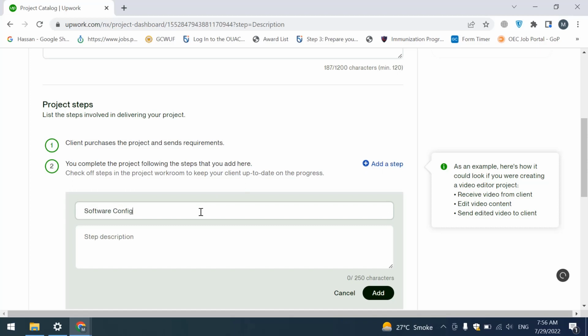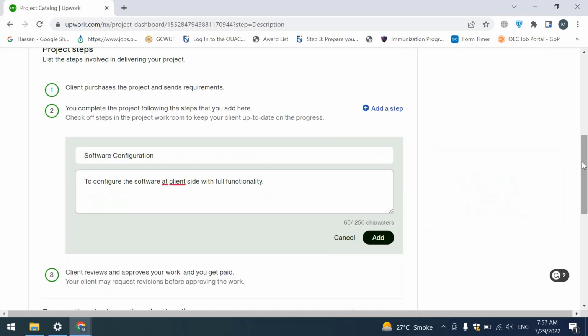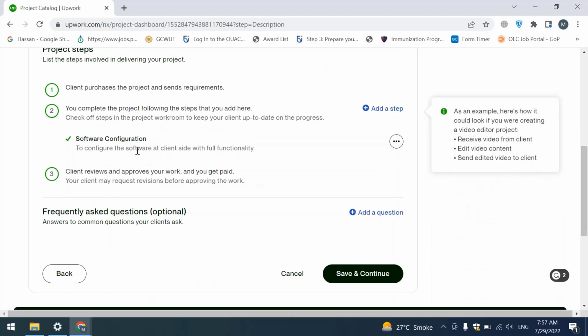software configuration, to configure the software on the client side with full functionality. Okay, that is added. Now you can see